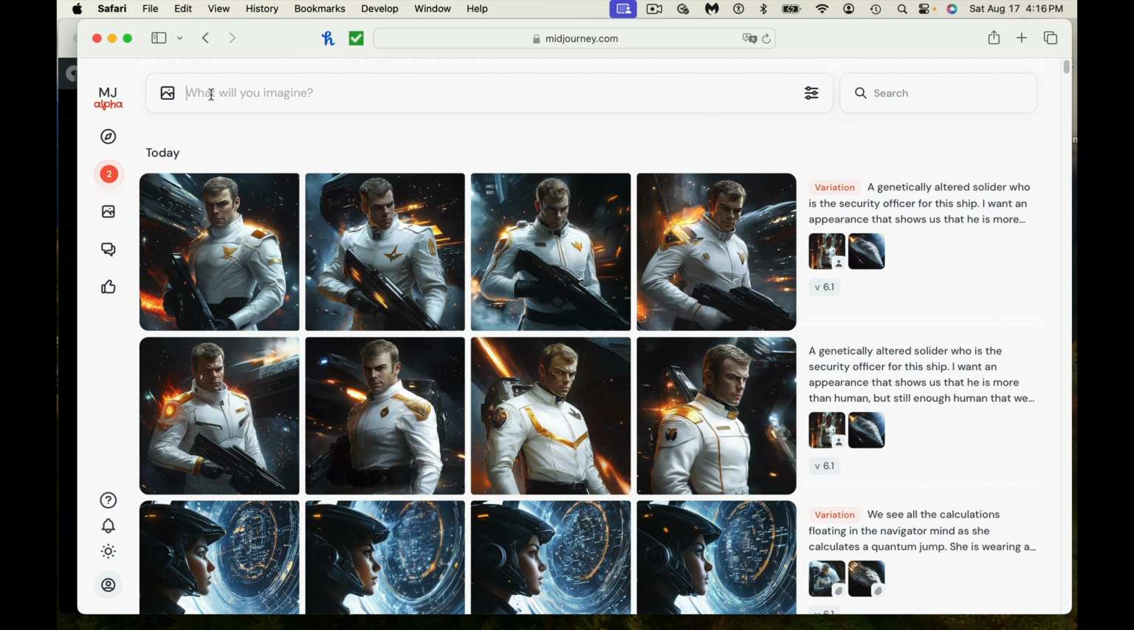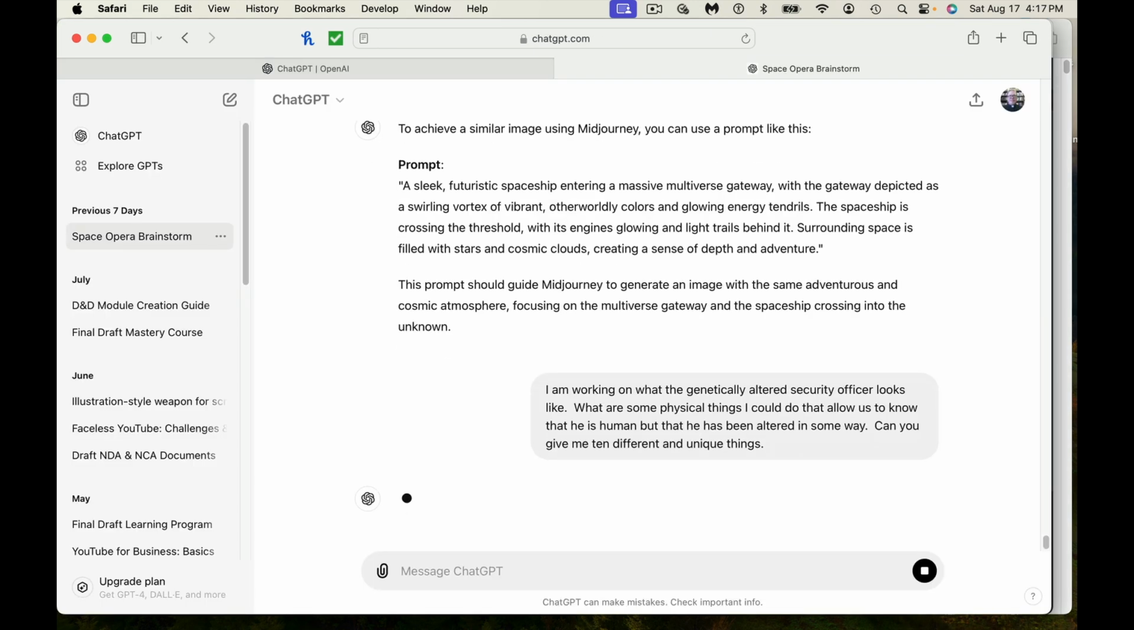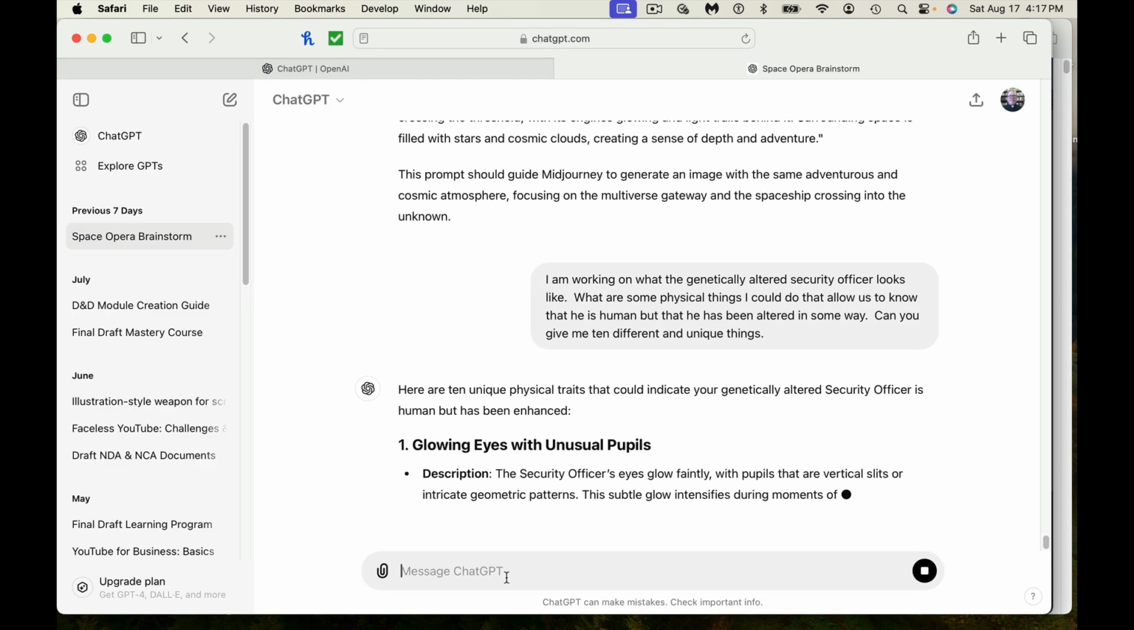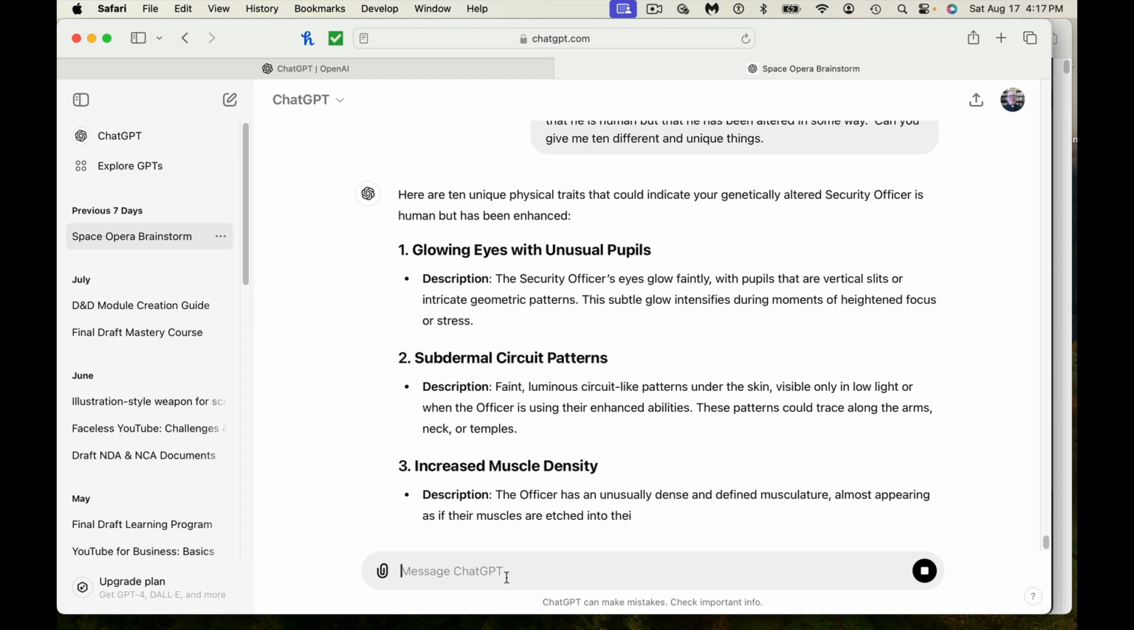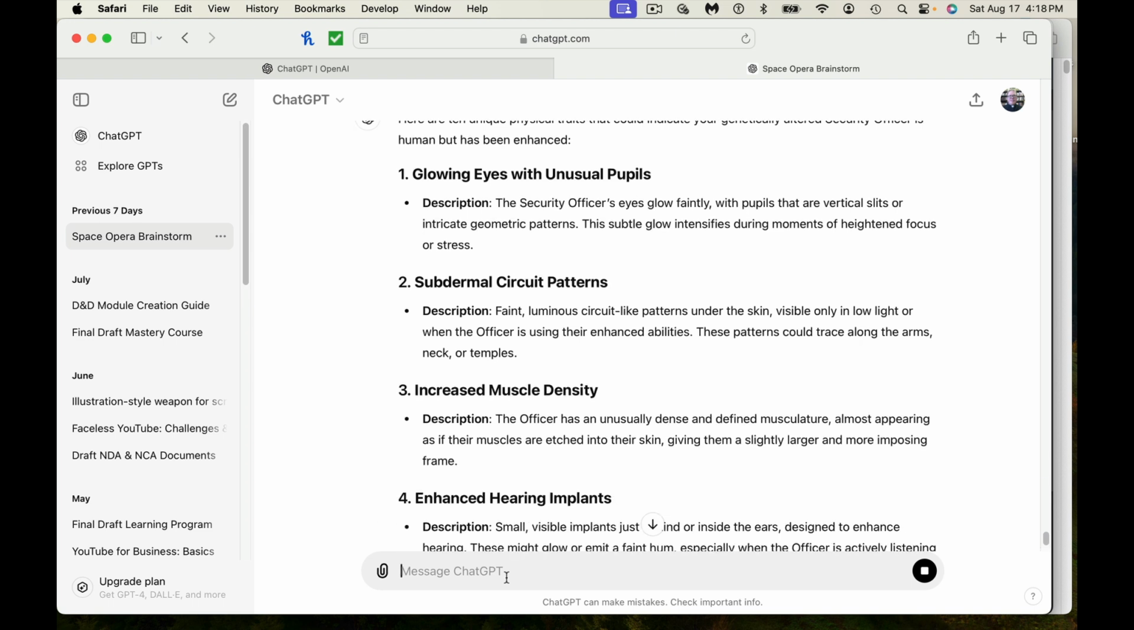So let's ask ChatGPT, what are some things that we could do to create a security officer that is a little different than normal, and have some physical traits we can use. So let's go to ChatGPT and ask it that. All right, so I'm just asking ChatGPT, what are some different things? Glowing eyes with unusual pupils, subdermal circuit patterns, interesting, increased muscle density,